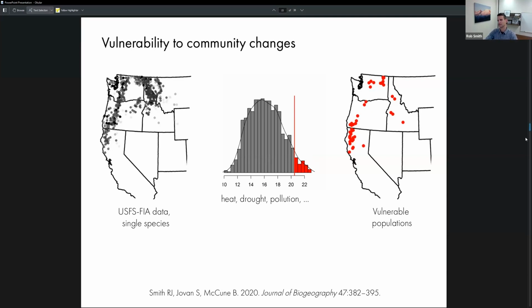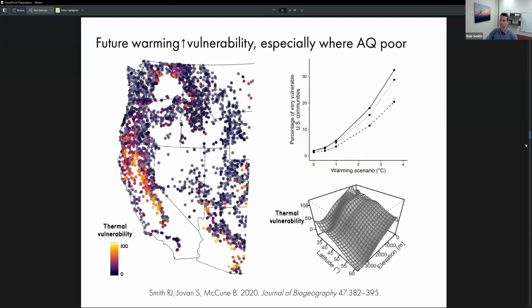If I look at not just that single species, but the percentage of species at a given site that is vulnerable, the percentage of species that is close to its climate niche, we find that that measure of thermal vulnerability